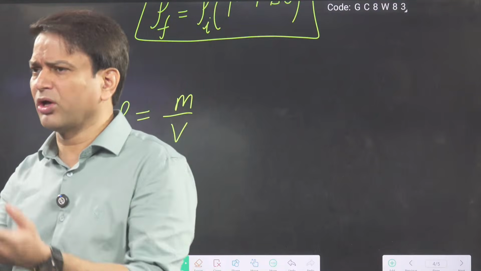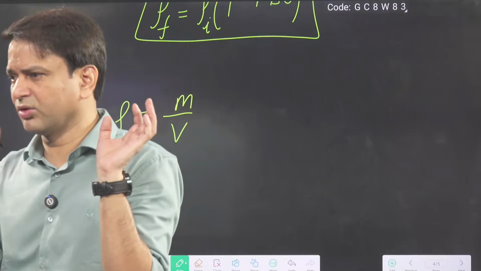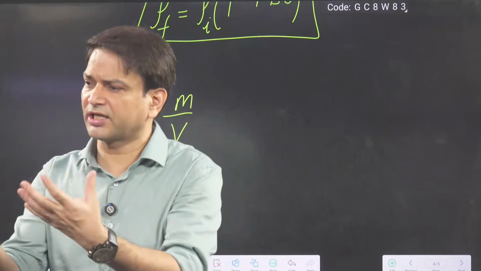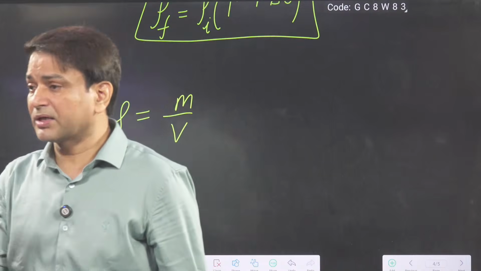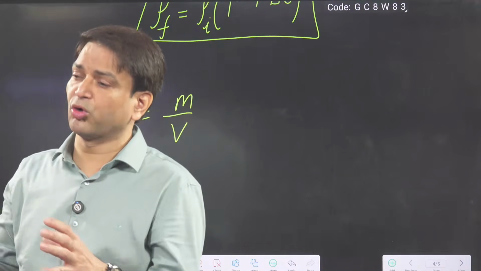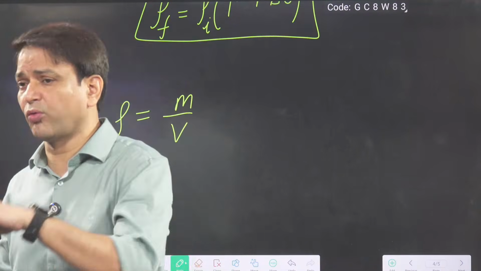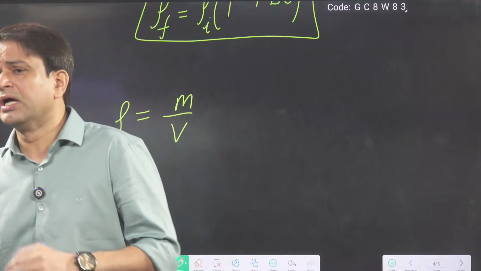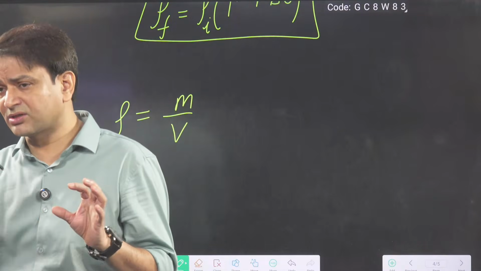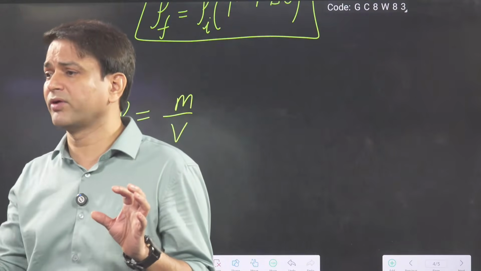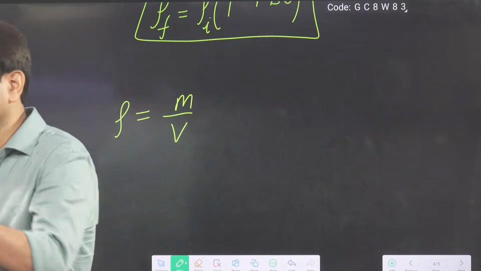Gamma is very small, that's why it will give the correct reading. Or mainly they will ask delta rho by rho, no problem, that is minus gamma delta theta. But suppose in some symbol question, at temperature T1 the density is rho 1, at temperature T2 the density is rho 2, and they ask what will be the gamma, with options given in terms of rho 1, rho 2, T1, T2. Suppose you are not getting any option